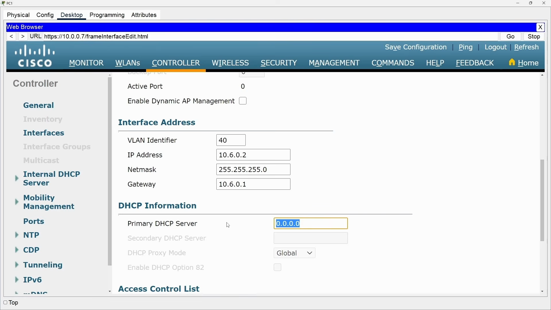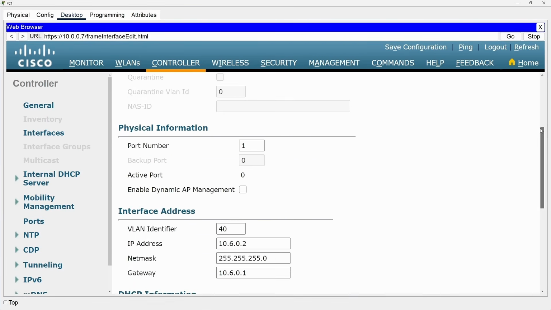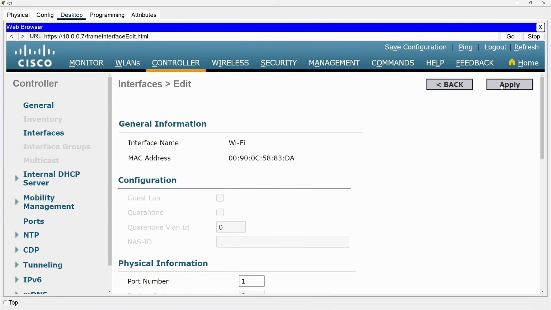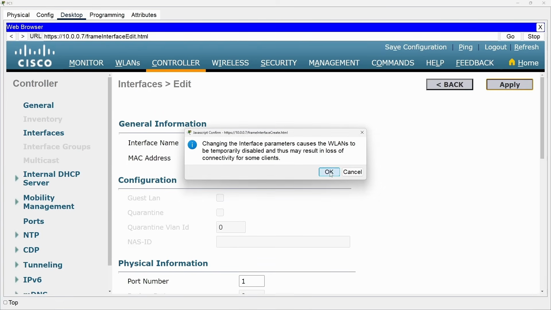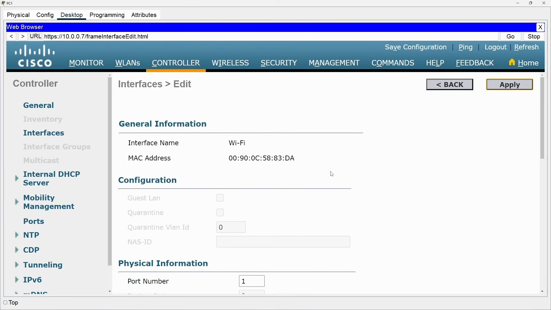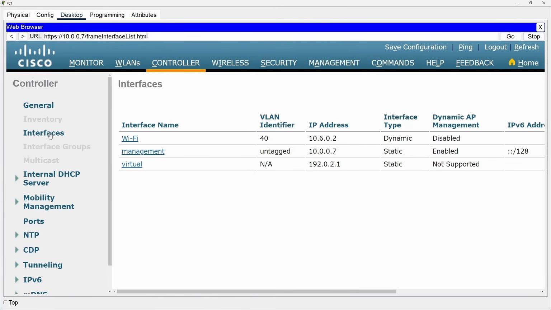Finally, set the primary DHCP server to 10.0.0.76, R1's loopback interface. Okay, that's it. Scroll up and click Apply, and then click OK on the pop-up. And we're done. I'll click on Interfaces again to go back to the list of interfaces. And as you can see in the list, the interface has been created.